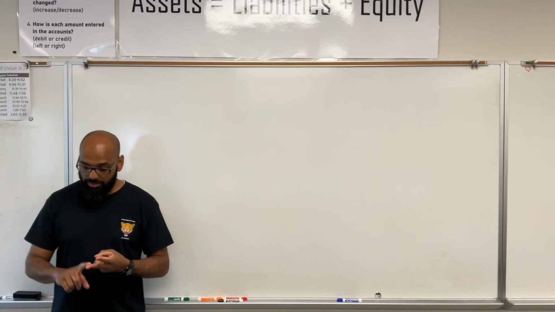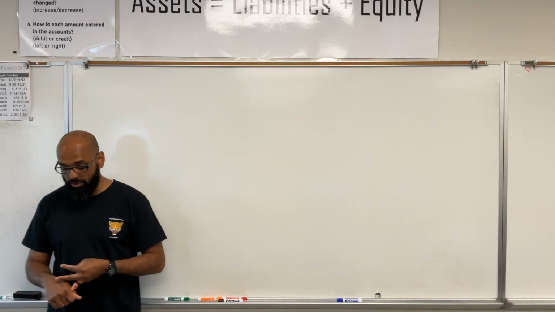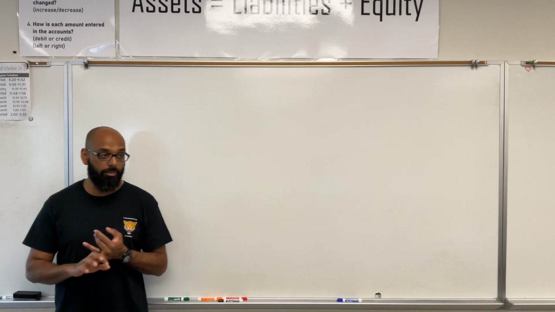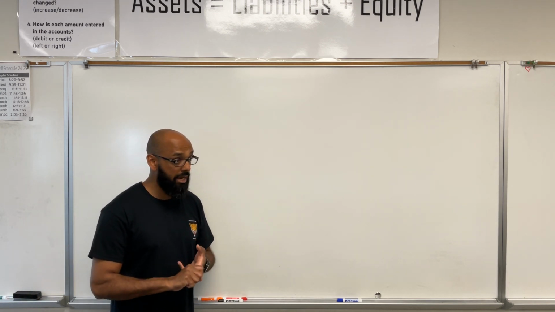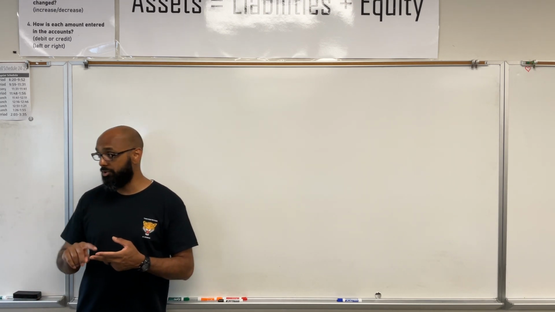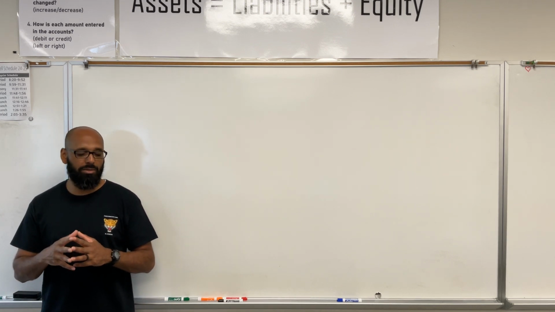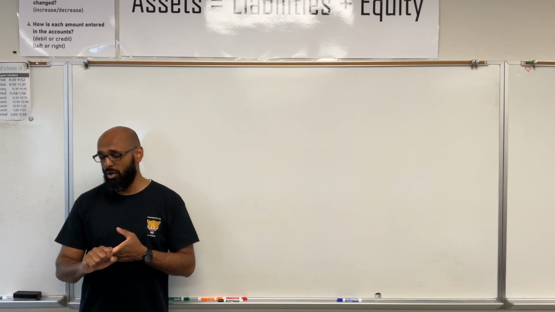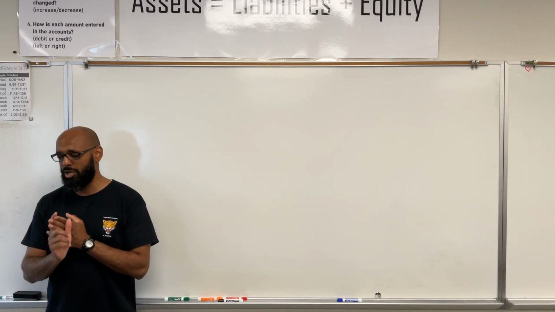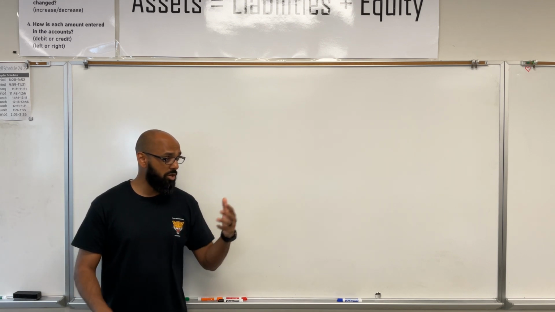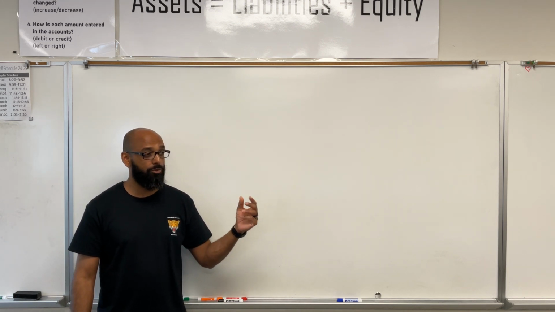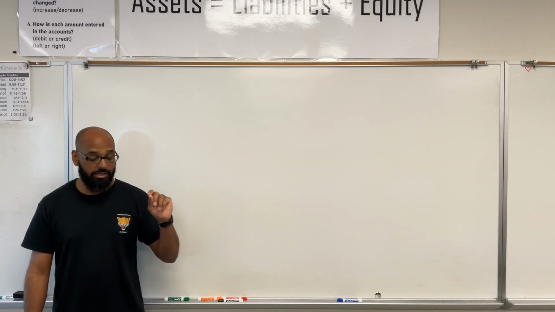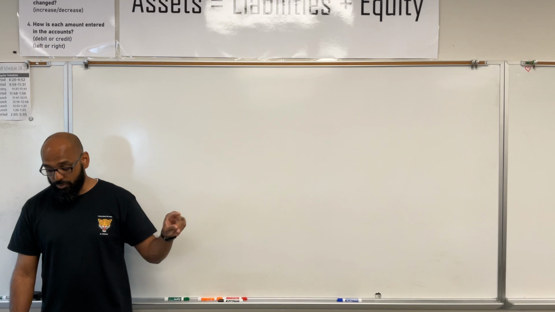We talked about the income statement, the balance sheet, the statement of stockholders' equity or retained earnings, and the statement of cash flows. And so if you remember, the statement of cash flows had 3 main parts, and we wanted to make sure that we understood what activities of the business fell into those 3 categories. Remember, the statement of cash flows is also the only statement that uses the cash basis of accounting. Otherwise, we normally use the accrual basis of accounting, which follows GAAP, which stands for Generally Accepted Accounting Principles.